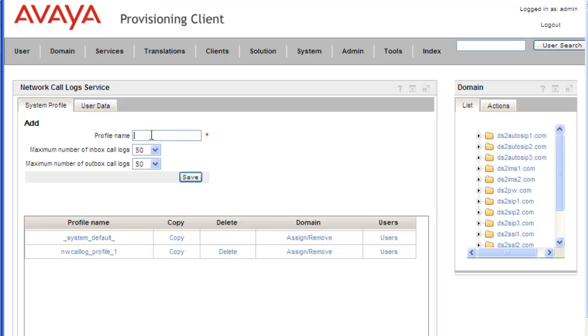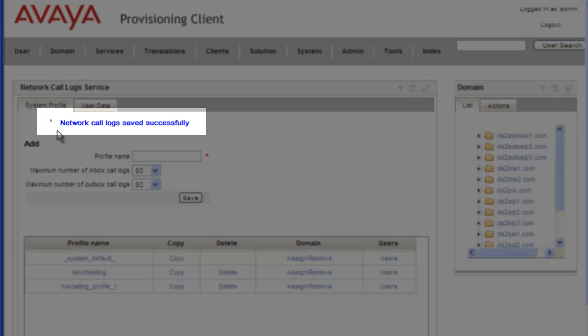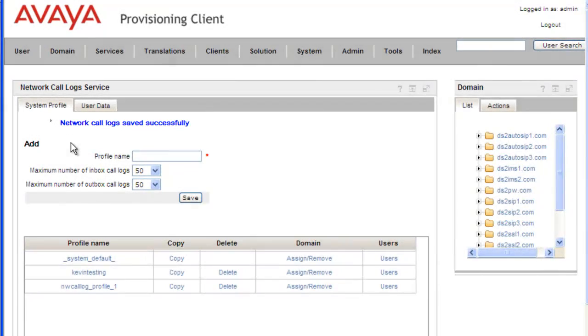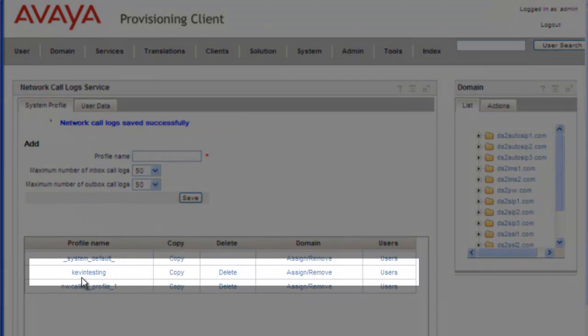For test purposes, for the profile name, I'll just call it Kevin Testing. And we'll change the maximum number of inbox call logs, so we don't want them to use up a lot of resources, so we're only going to give them 10 inbound calls, and we'll give them 25 outbound calls. And then we just click on Save, and we can see that the network call log service was added successfully,